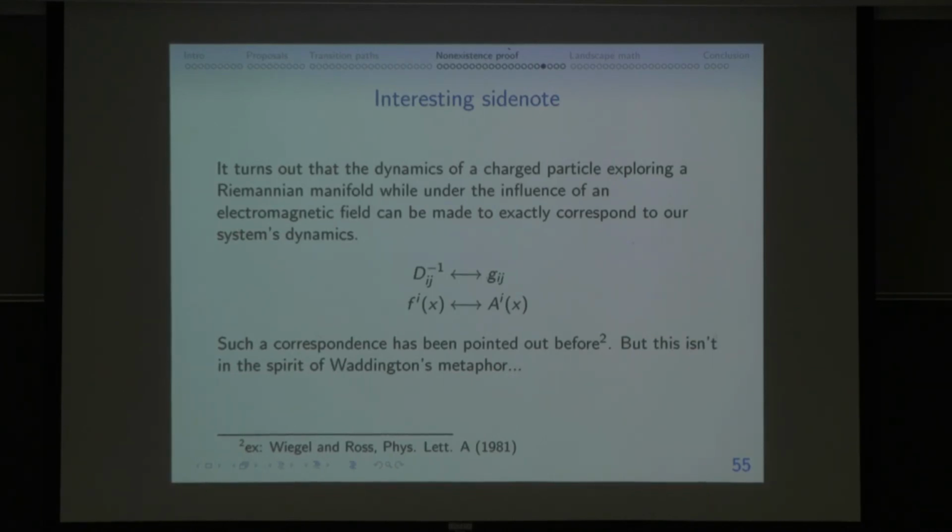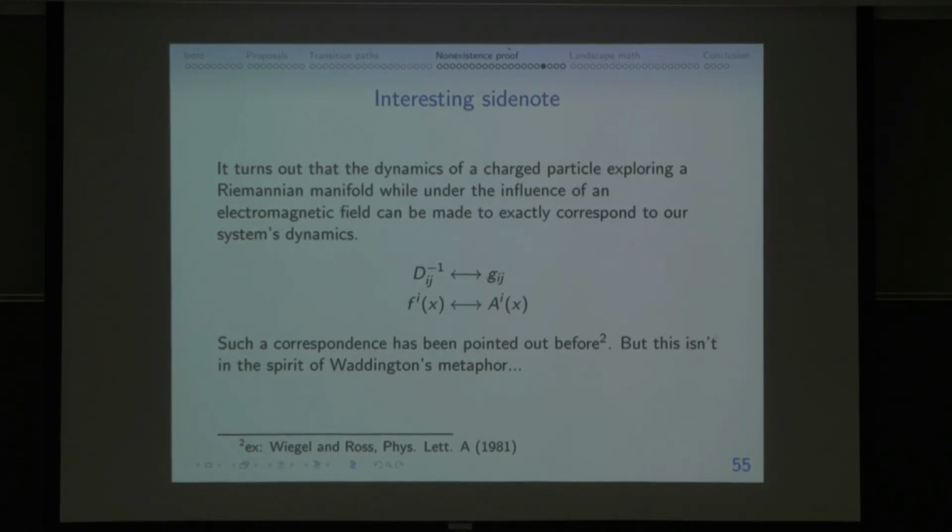Unfortunately, this is not really in the spirit of Waddington's metaphor. What you'd really like is to just have a landscape and not some other thing on top of that, and have that tell you what's going to happen. I tend to think that this is cheating, because it's like my system goes according to the landscape, except for all the parts that don't. So, what if Waddington's landscape is just an illustration? Well, that's basically the point of what I'm saying. Yeah, I think it is for the most part.